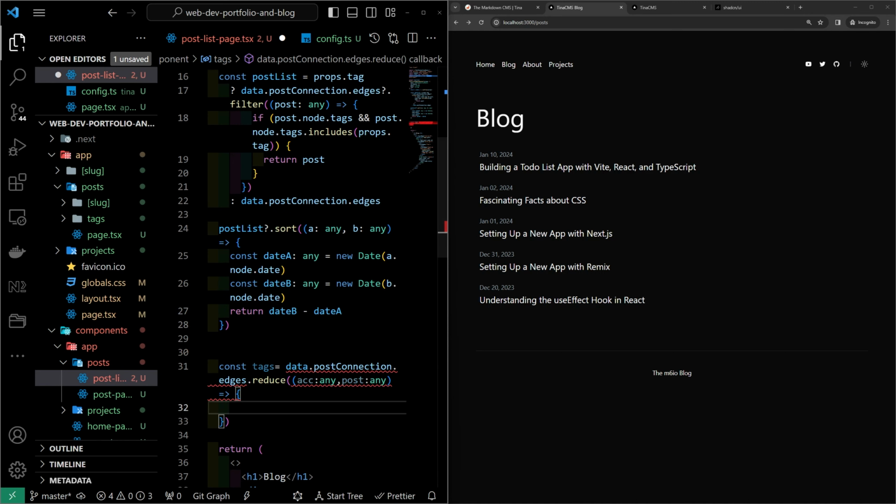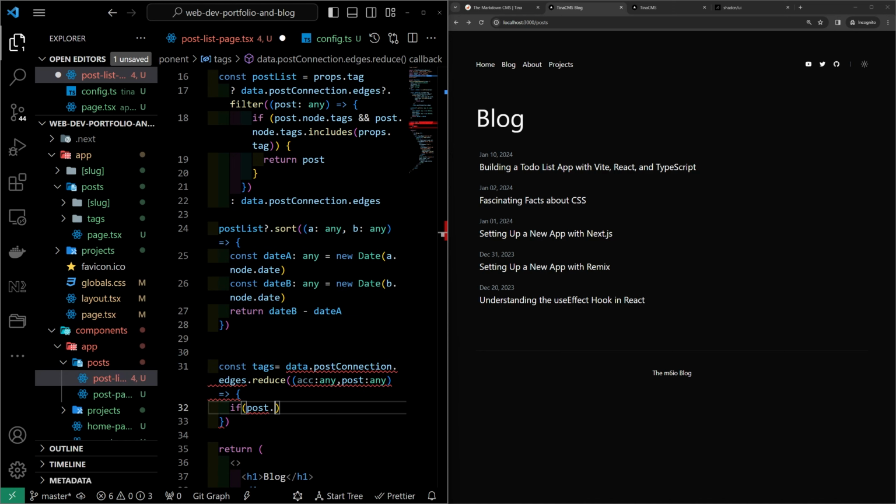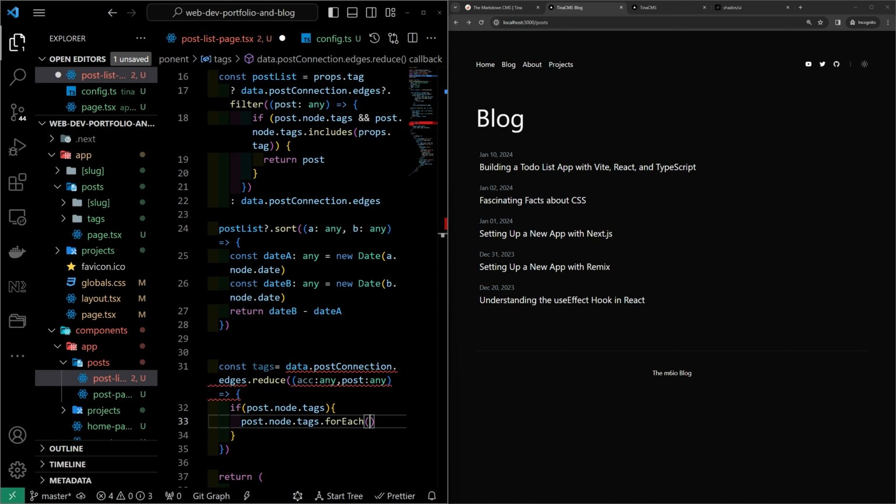Inside of the function block, first we want to check if the current post actually has any tags. So we'll say if post.node.tags, and if this is true, then we're going to iterate over each of the tags. So post.node.tags.forEach, and we'll say tag of type any,